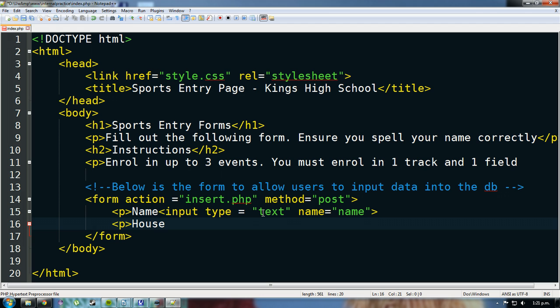Okay, so next one, P. It was house. Input type equals text. Name equals house. But if you remember, there was actually a better way to do this, which was still with the P,